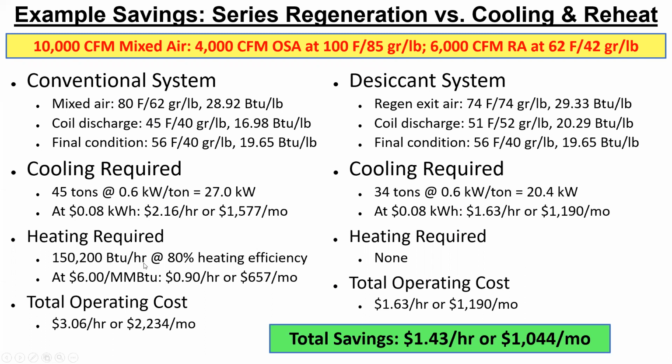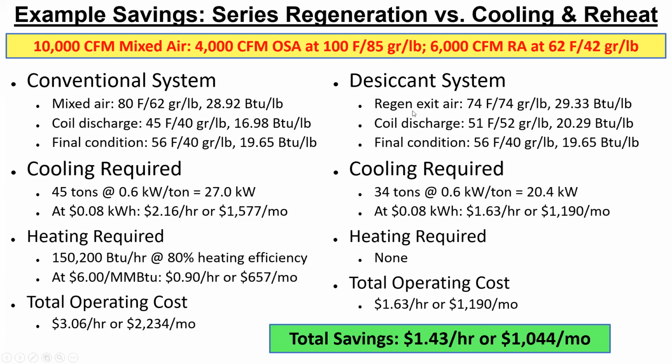By finding the difference of enthalpy multiplied by the mass flow rate, we are talking about 150,200 BTU per hour, with 80% burning efficiency and $6 per MMBTU of gas. We're talking about $657 per month just for the heating. Total cost is $2,234 per month. But if you use a desiccant wheel,